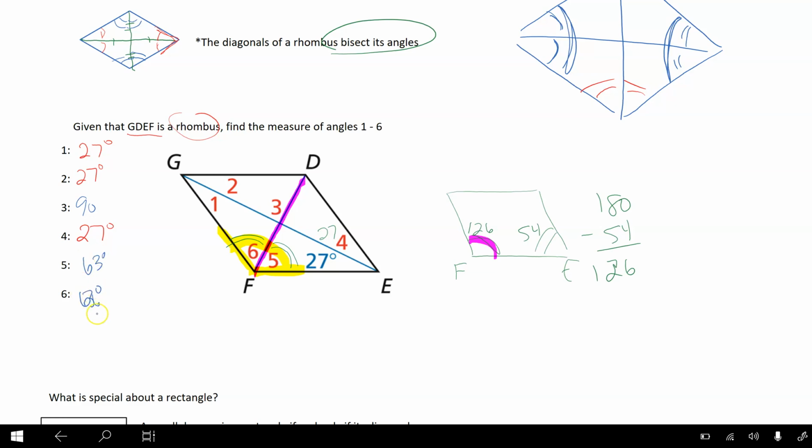These work kind of like a puzzle. You kind of have to start with what you know and then work your way around the shape to figure out what else you can find. Okay,